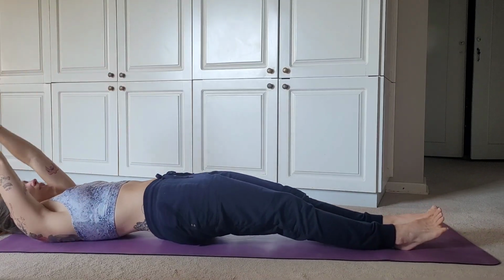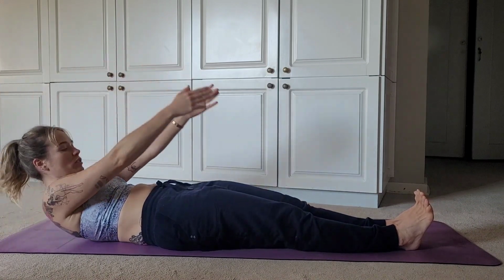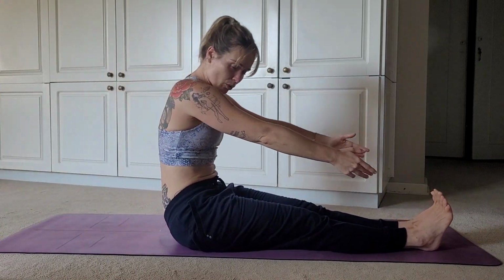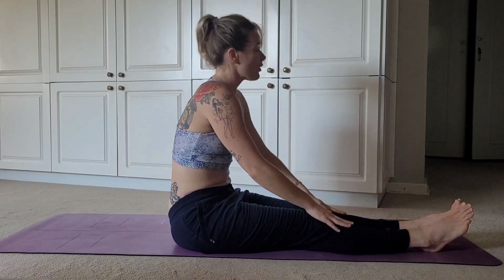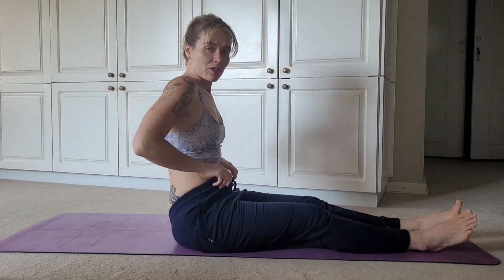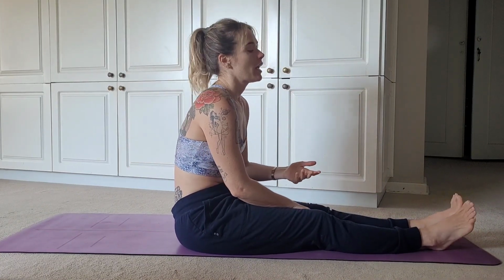Okay, last time we're going to stay in a seated position. Exhale, nod the chin to the chest. Slowly roll up. Draw your belly in and reach. Good. All right, so in that exercise that we just did, the roll up, that final position is actually one